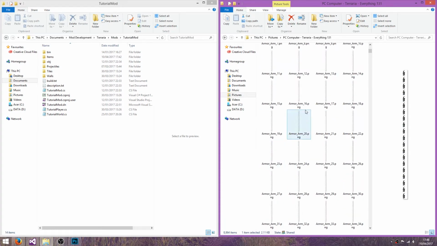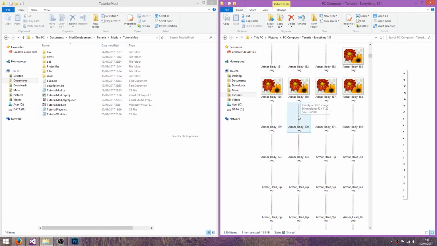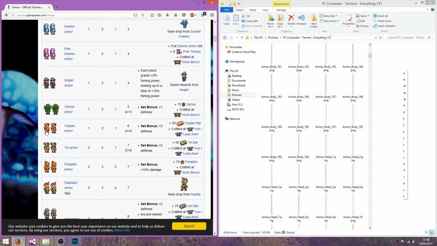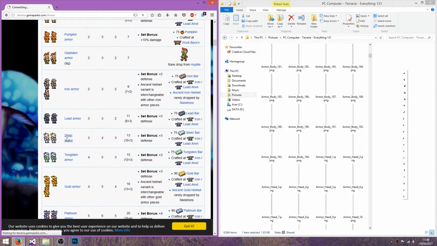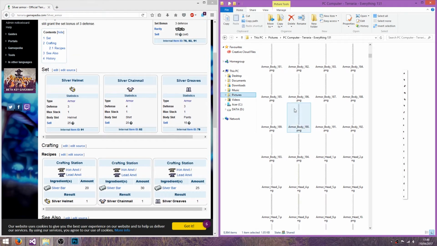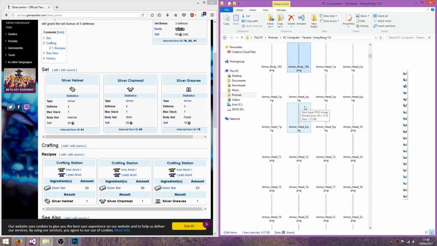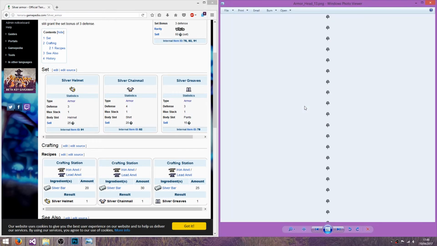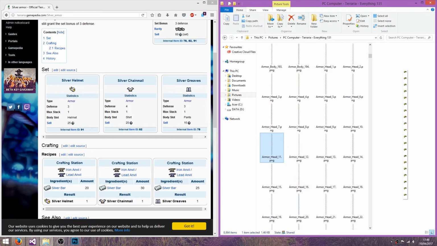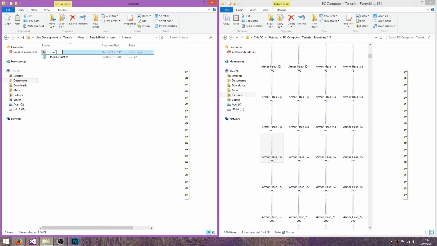In this you want to find the armor section, then the head section, and find one that you want to use. Let me just find one we're going to copy here. We'll just copy the silver armor. 91. It doesn't actually say what the thing is, but this is probably around here somewhere. So that's head. We could probably open it like this and hopefully find it quickly. Well, it's not silver, but it will do. 42. So let's copy that over to TutorialMod, armor. This is TutorialHelmet